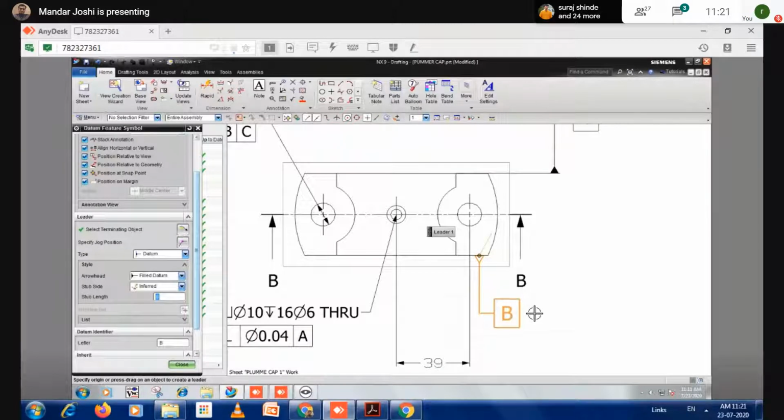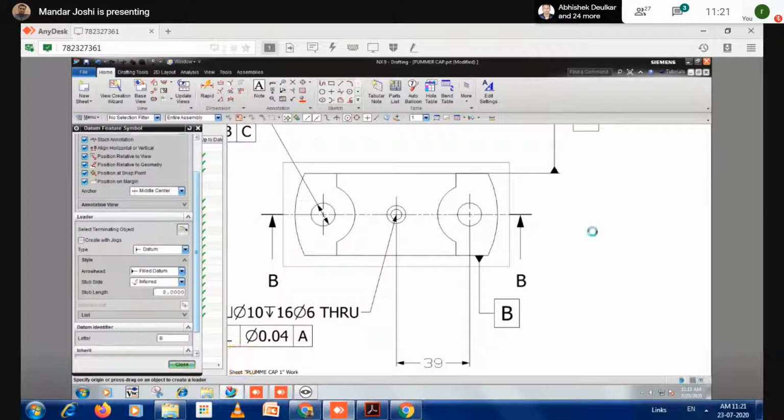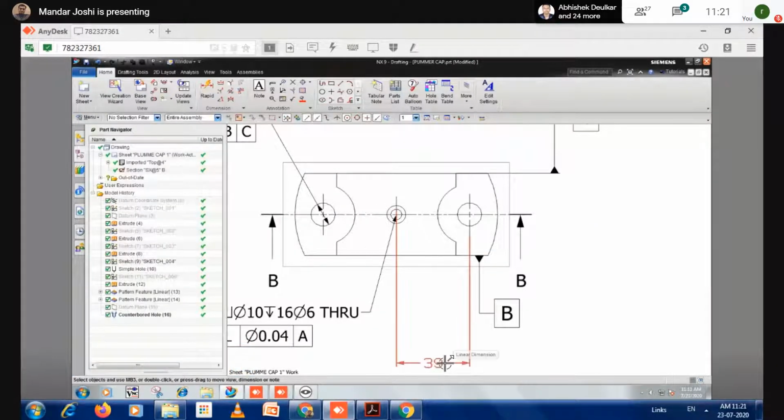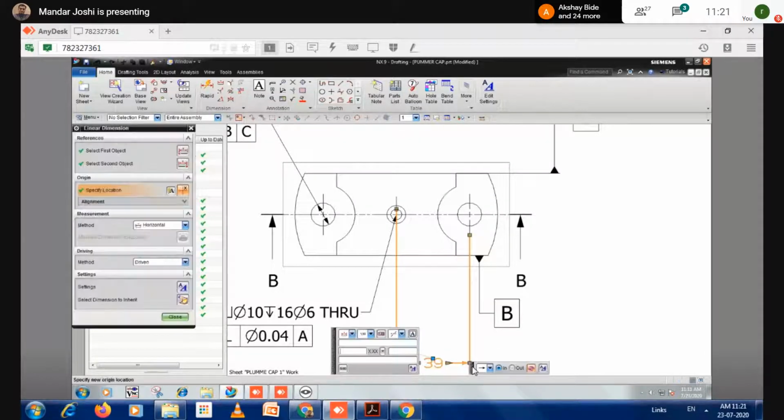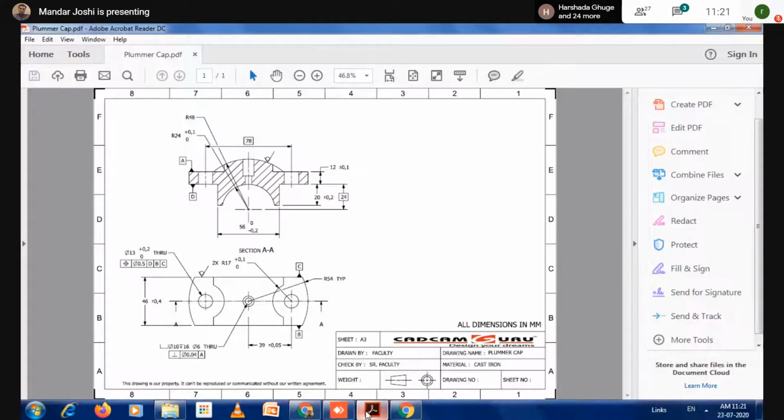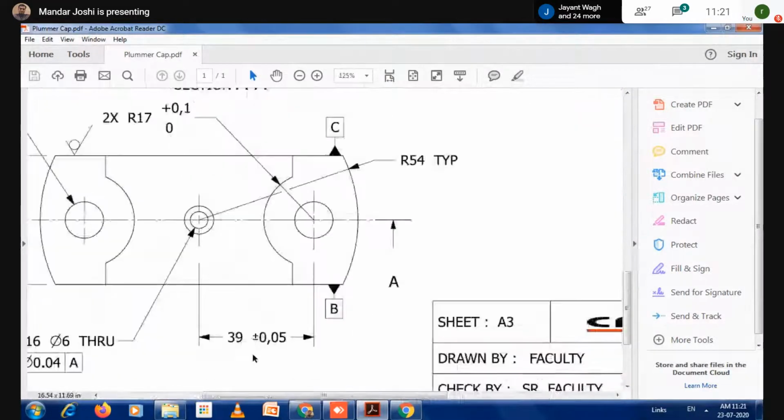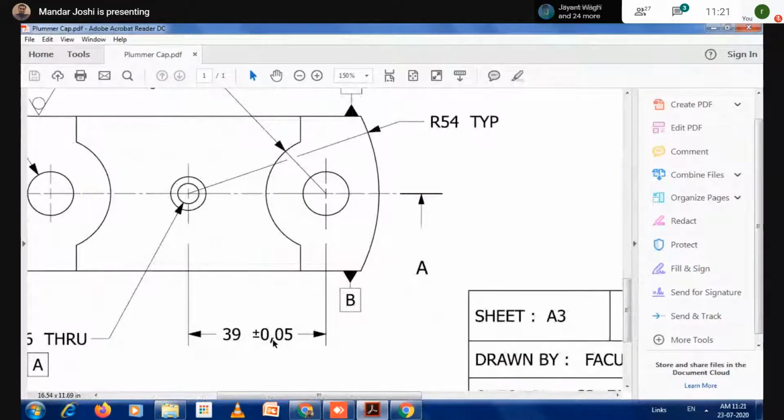Okay, now close. Now here I need to show a bilateral tolerance. Double click on this, then select the tolerance type option. We want bilateral, plus and minus. And what is the tolerance given? Plus minus 0 point. If you observe, this drawing has a specific mistake. There is a comma shown, but there should not be a comma, it should be a dot.